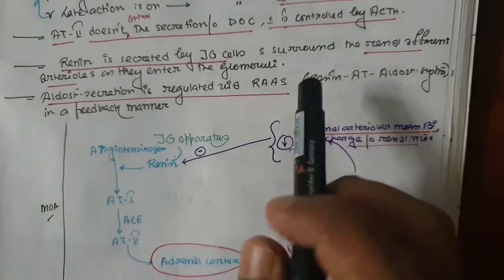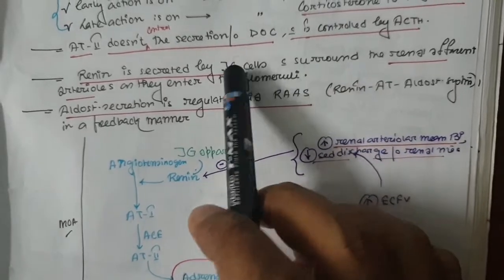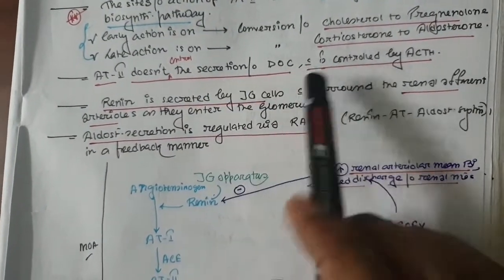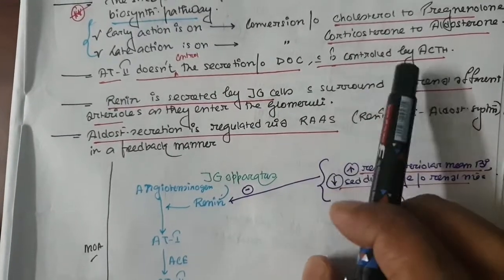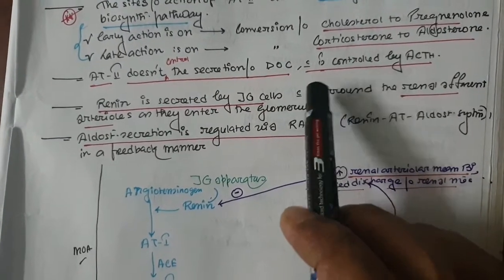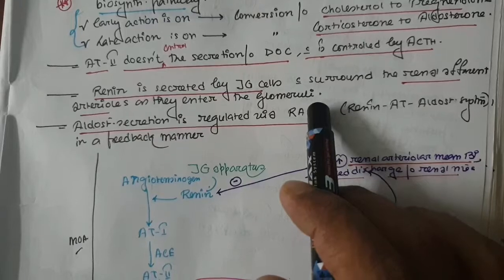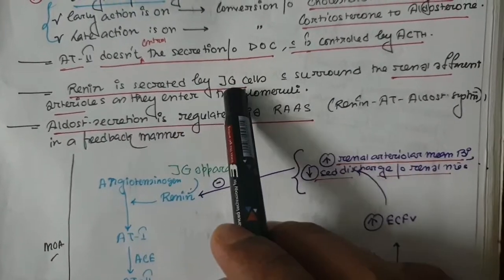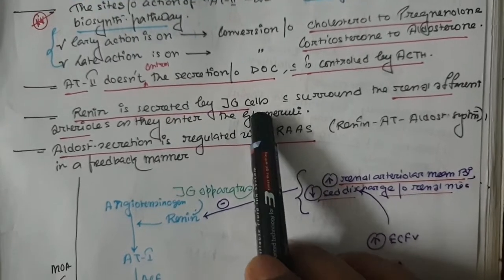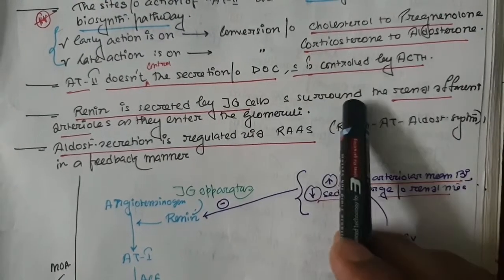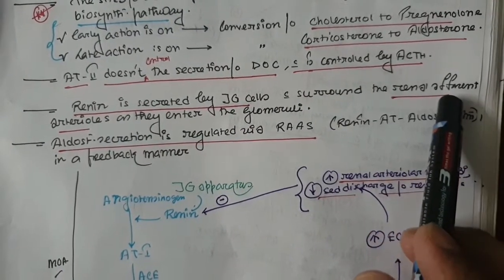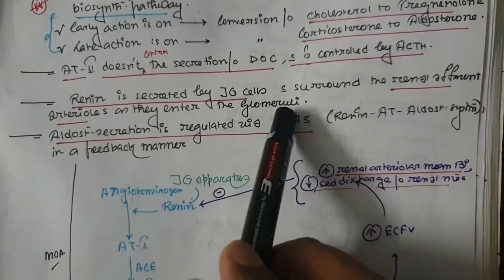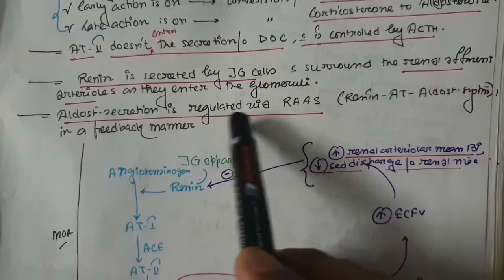So in the previous video we already know that angiotensin 2 does not control the secretion of deoxycorticosterone, which is done by the ACTH. Now a few words about the renin-angiotensin-aldosterone system. Renin is secreted by the JG cells, or juxtaglomerular cells, which surround the renal afferent arterioles as they enter the glomeruli. Now aldosterone secretion is regulated by the